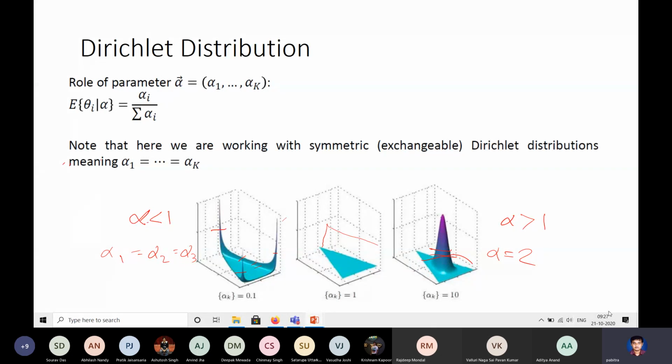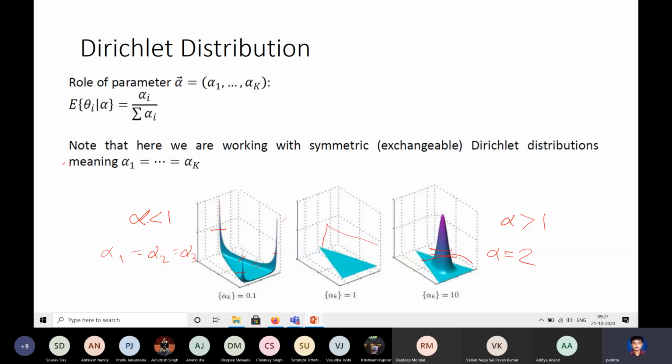All right. So, some properties of this Dirichlet distribution. If you look at the expectation value of a particular theta, a sample given alpha, it is nothing but alpha I normalized by the summation of alpha I. If you take any theta vector, theta is a sample drawn from this Dirichlet. The expected value of the ith component of this sample is proportional to alpha I.